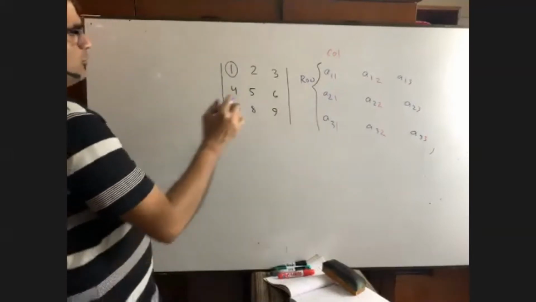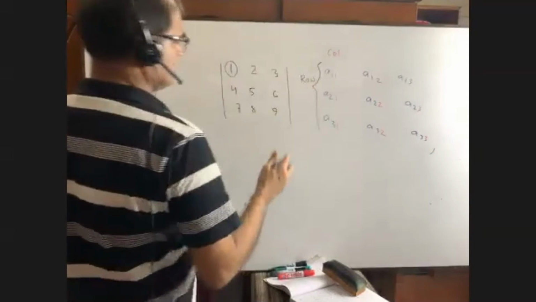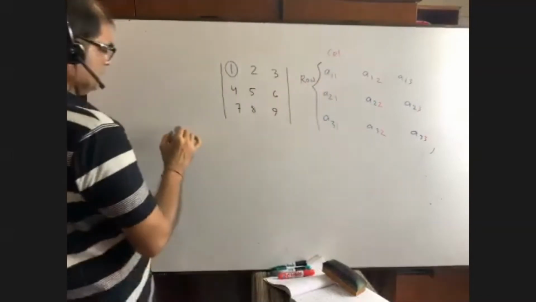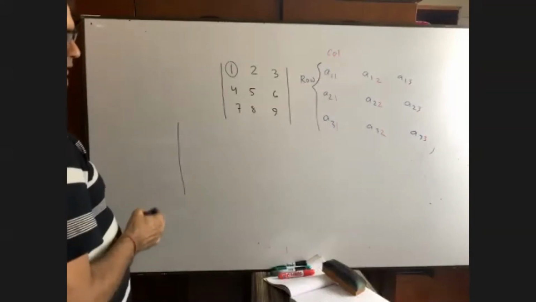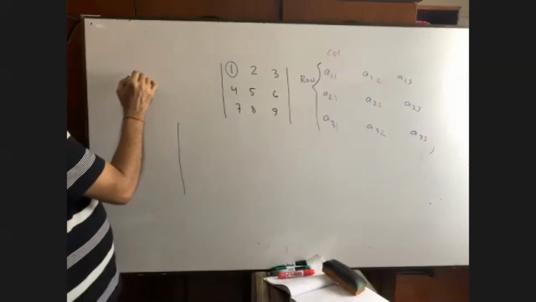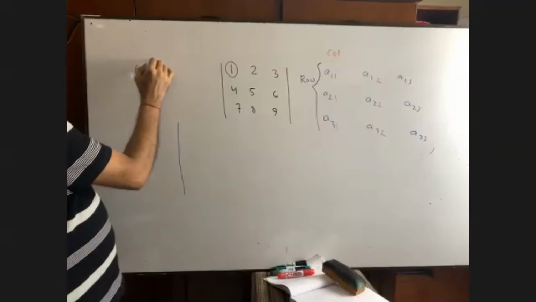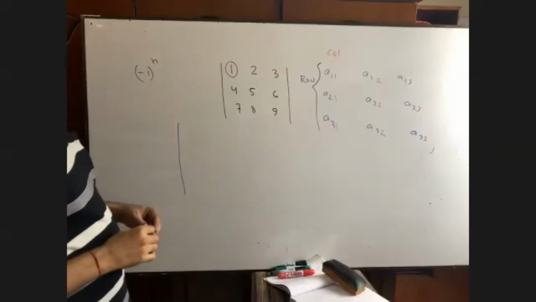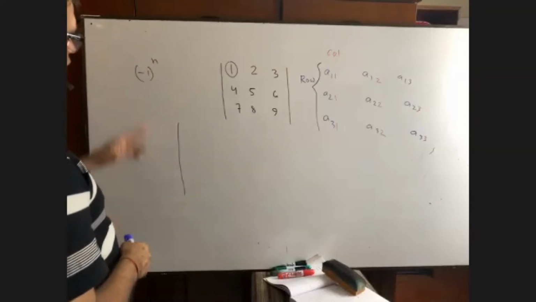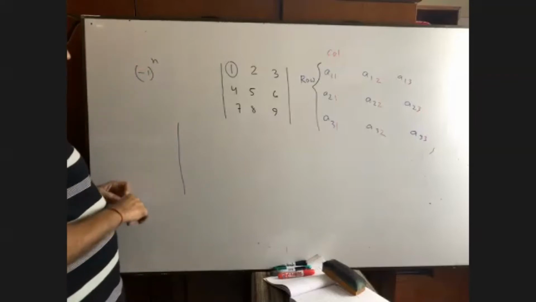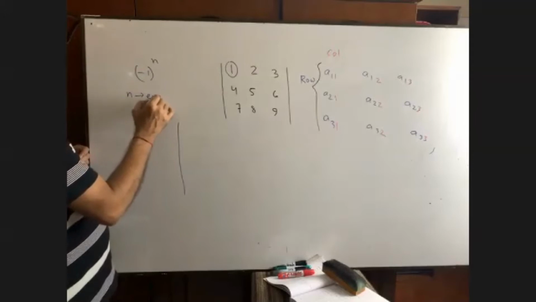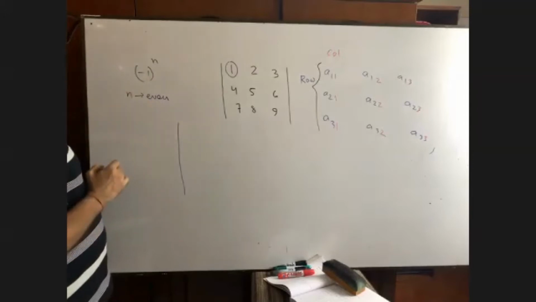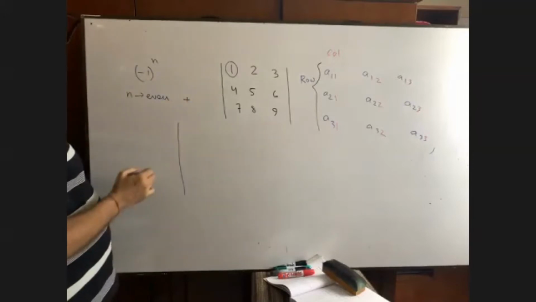Okay, that's good. What is the value of 1 plus 1 equals to what? You just let me know. To express any number, it is the format, you know, -1 whole to the power n. Please try to understand. Suppose if n is even, the value is what? Positive. Am I right?